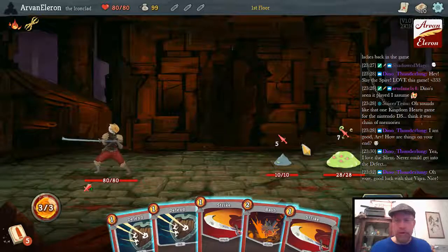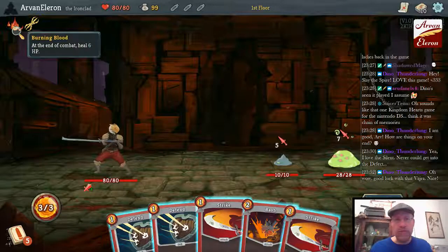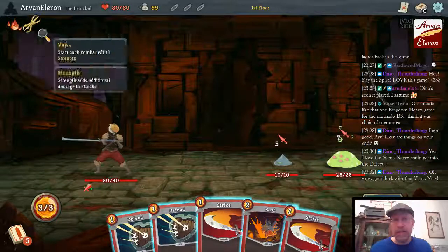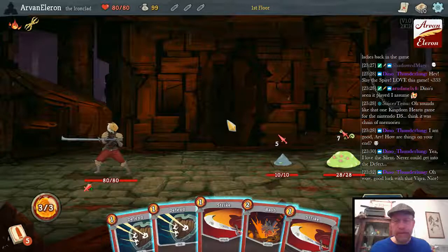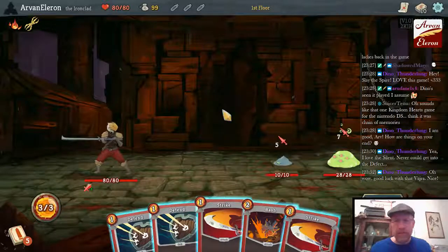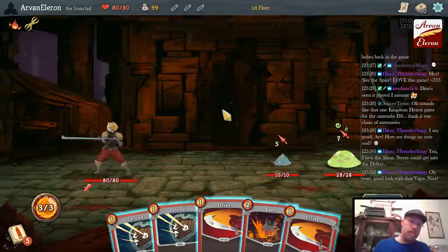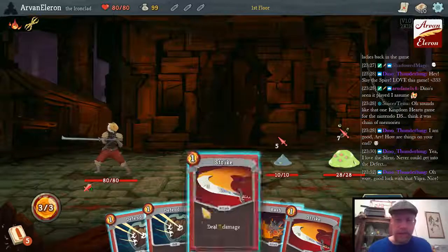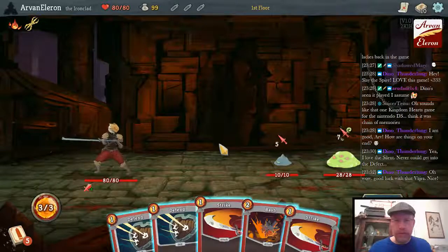So I have to worry about these guys both attacking me, but I have one benefit, which is that I know at the end of the combat I'll be able to heal 6 hit points for free. So as a consequence, I really need to get rid of one of these. So okay, so I think what I'm going to do is I am going to...